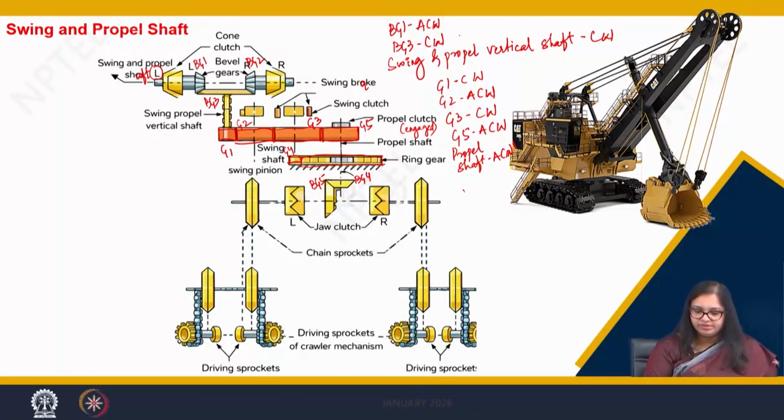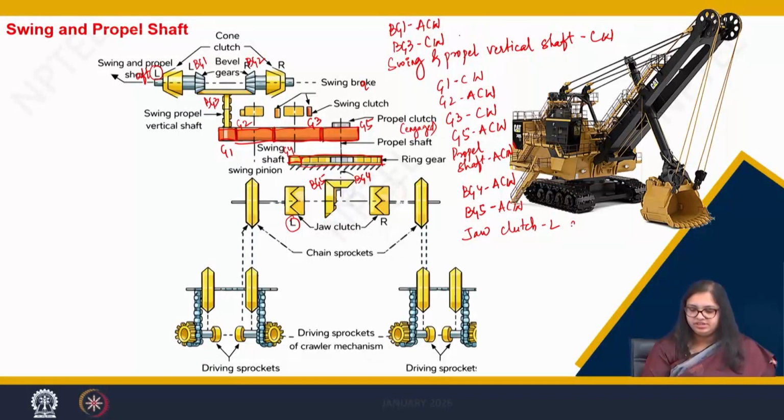When my BG4 rotates in anti-clockwise direction, my BG5 will also rotate in anti-clockwise direction. So, when the left jaw clutch gets engaged,